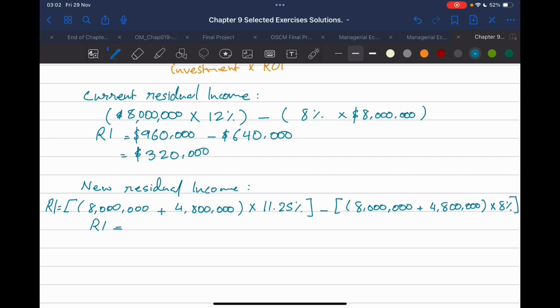That would be 1,440,000, sorry. So that's 1,440,000 minus 8 million plus 4,800,000